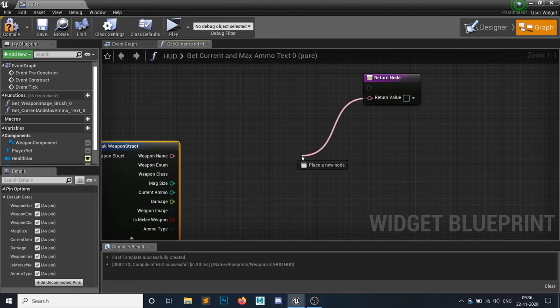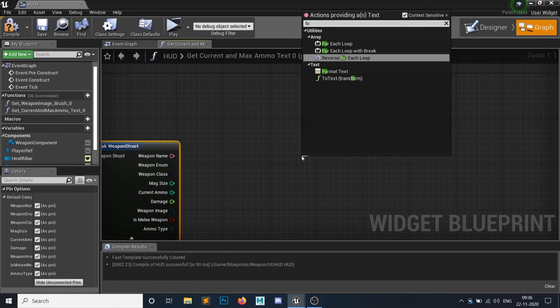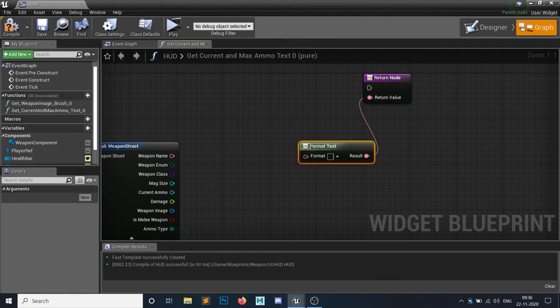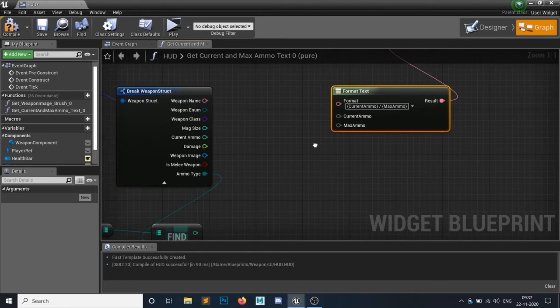So let's return a value and I will simply create a format text. Inside here, if you put anything in curly brackets, that is a parameter. So current ammo in curly brackets is a parameter. When the curly brackets close, the parameter closes, then hit a space and a slash. Again a new curly bracket for the maximum ammo. You can see if I enter, I have 2 wildcards, and this changes based on the connection.